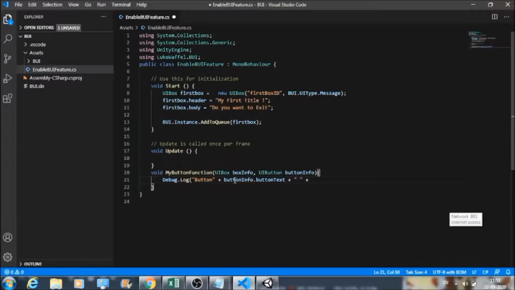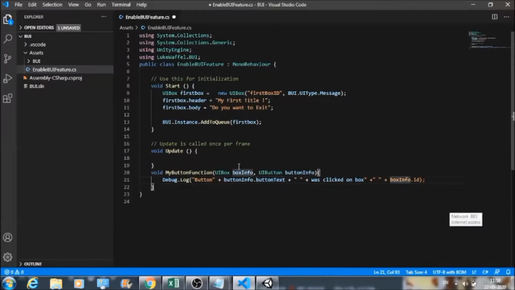The second thing is some space in between, and then "was clicked on box", and after that again some space. And then we need the box ID, right? So our box ID is there in box info.id part.